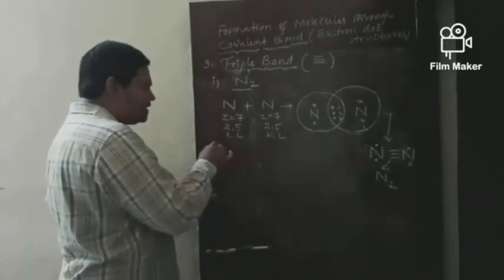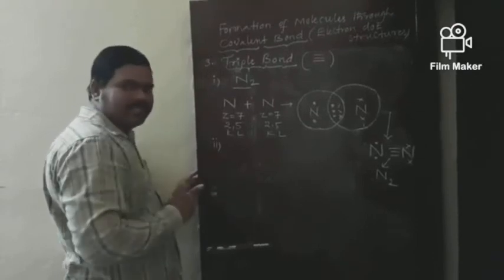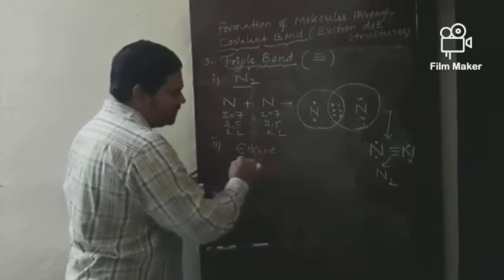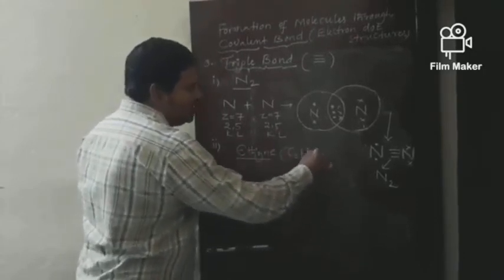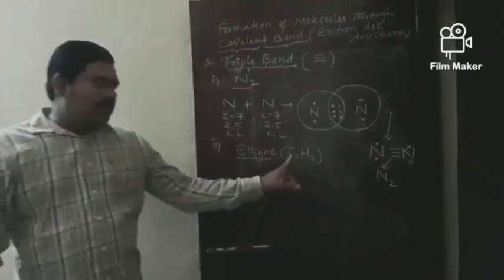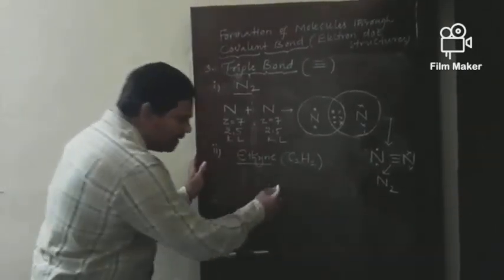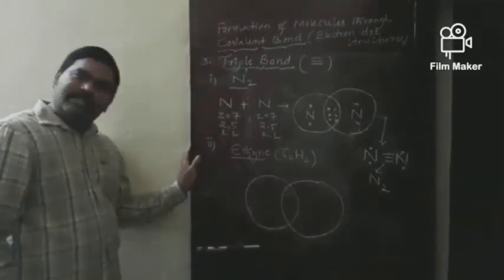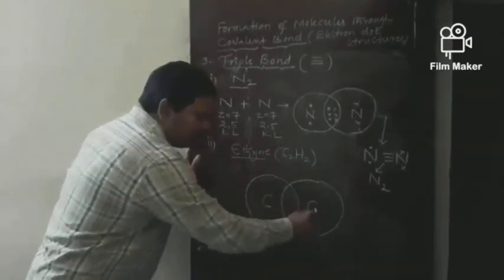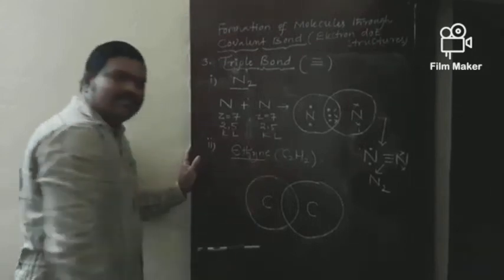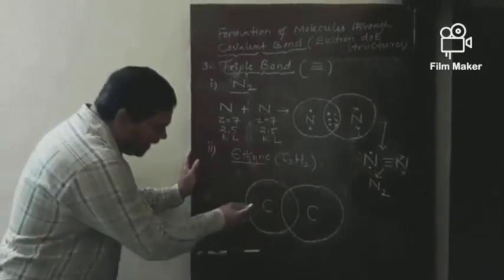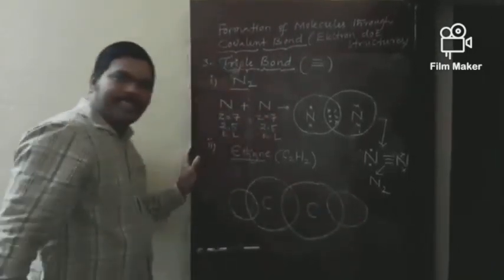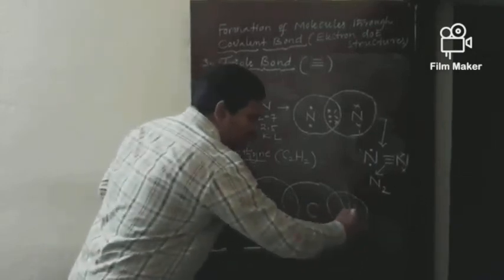And now move on to the second example, which is very important in carbon chemistry. Ethine. Do you know the molecular formula of ethine? C2H2. How many carbon atoms are there? 2 carbons. First let me draw the carbon structures. First carbon, second carbon. This is meant for the first carbon, this is meant for the second carbon. Good. And how many hydrogens are there? 2 hydrogens. One hydrogen from this side and another hydrogen from this side. First hydrogen H, second hydrogen H.